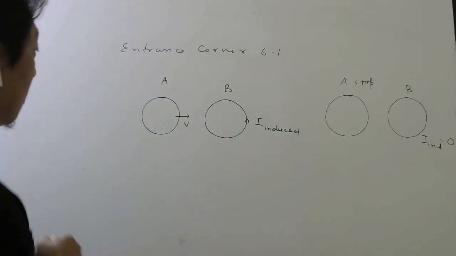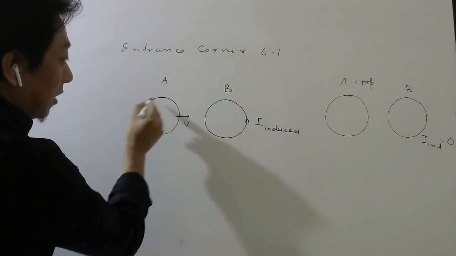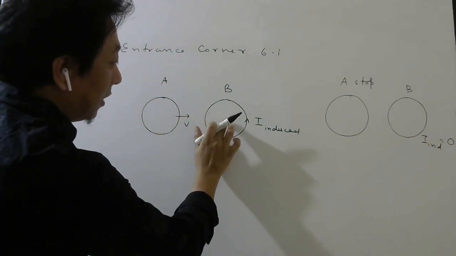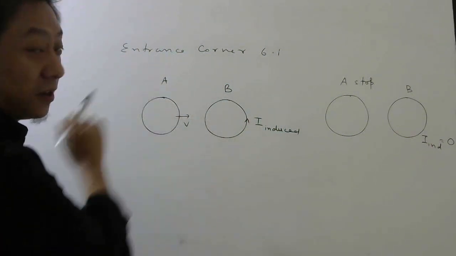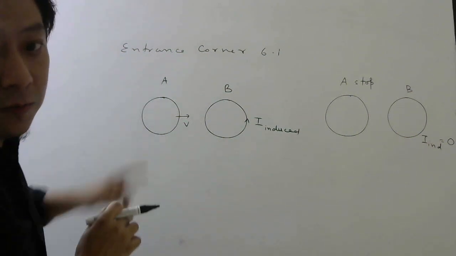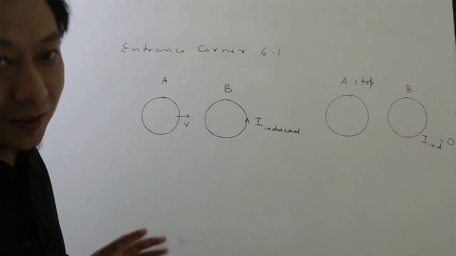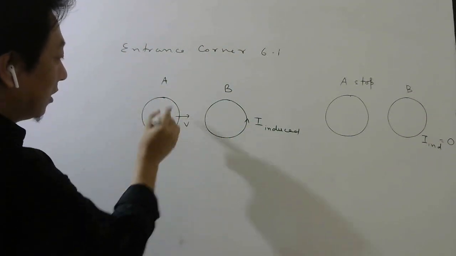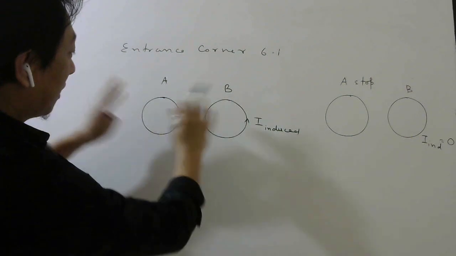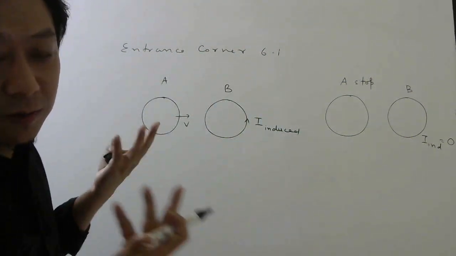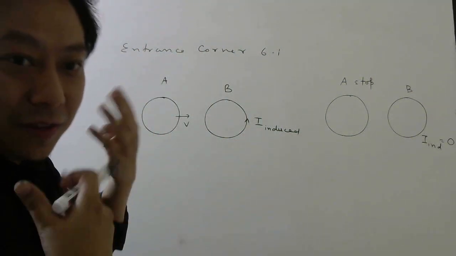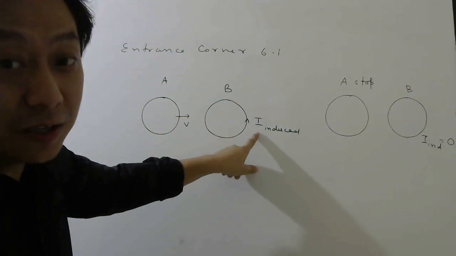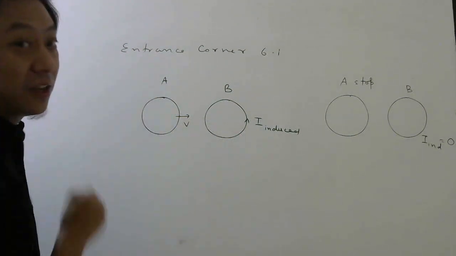Understood or not? If there was no current here, then if you move this, will the magnetic field here change? If there was no current here, then it will not produce a magnetic field at all. So if you move this one, it doesn't matter. If there is no magnetic field, even if this moves, the magnetic field will not change. If there is no magnetic field, how will the flux change? So why will there be induced current? So it is very clear there has to be current here.